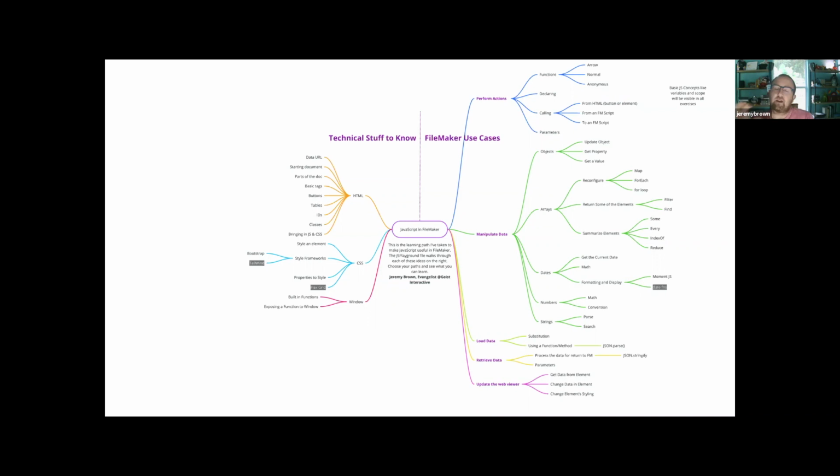This can cut through everything that all of those courses I showed talk about, and you can find the videos that work with these items. And I actually went backwards. Over on the far right, you can see very technical JavaScript things, like arrow functions, normal functions, anonymous functions, map, forEach, and so forth. And don't worry,